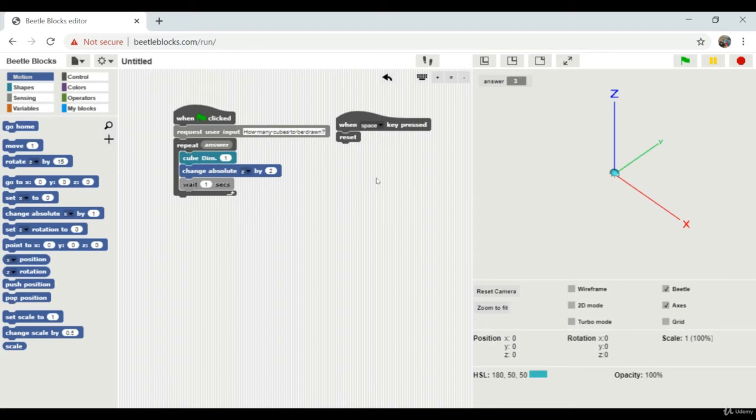Similarly, what we can do is to build the cubes on the negative z, we have to write here -2, and then let's run the program. See, now it has built the cubes on the -z axis. So this is how you can move on the z axis, on the positive and the negative z axis.